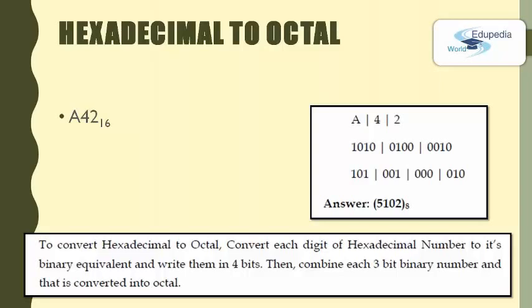If you are given a hexadecimal fraction value, it is not a big deal. It is the same process. The only difference is when you are creating 3-bit groups, for the integer part you should start from the rightmost side, and for the fractional part you should start from the leftmost side. So it is the same as the hexadecimal fraction to binary conversion. As there is nothing much new to show you, we will skip hexadecimal fraction to octal conversion and move into